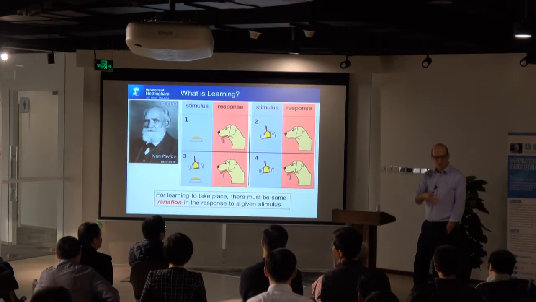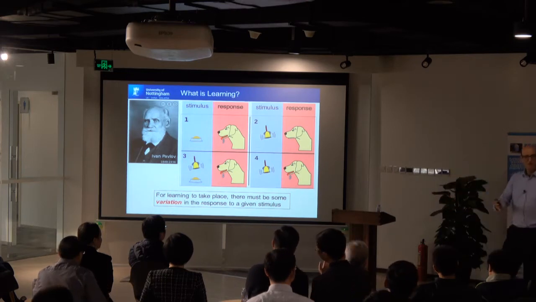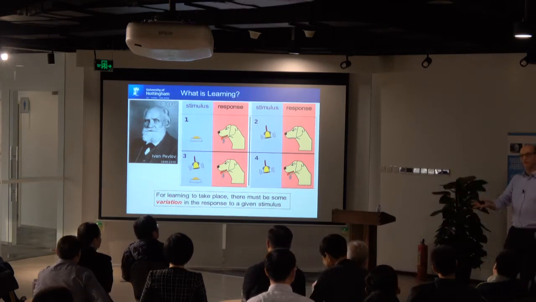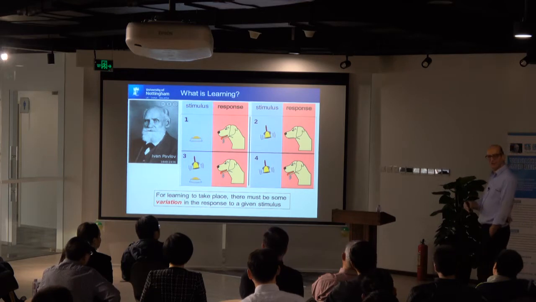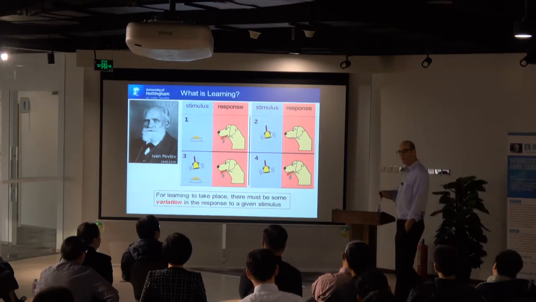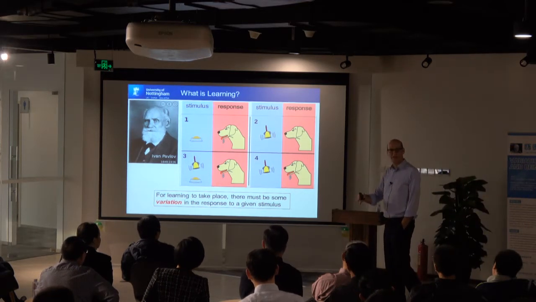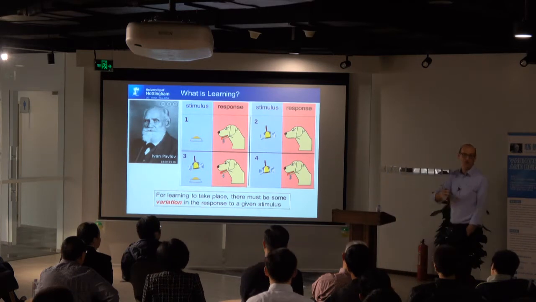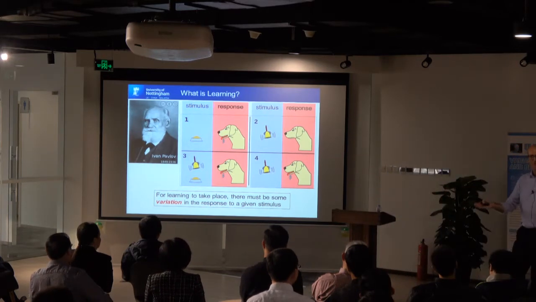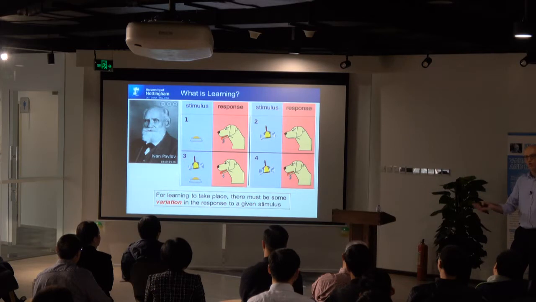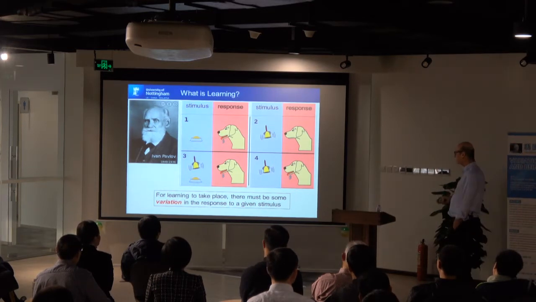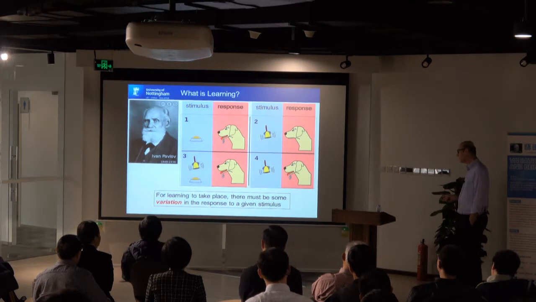You know, if you're learning to ride the bike, when you start off, you fall off all the time. If you never learn, you would keep falling off. So for learning to take place, your behaviour has to change. Somehow, in reinforcement learning, you try different things, and some of the things which work, you carry on doing more than the things that don't work. You know, it's basic reinforcement learning. So I'm going to advocate that for learning to take place, there must be variation in the system.